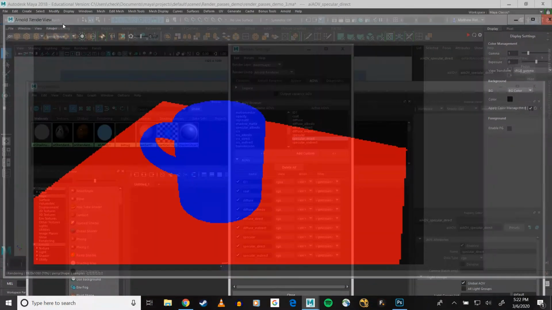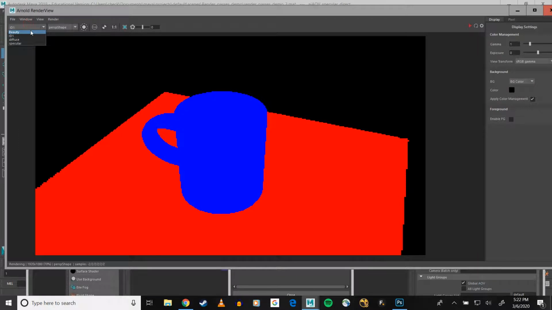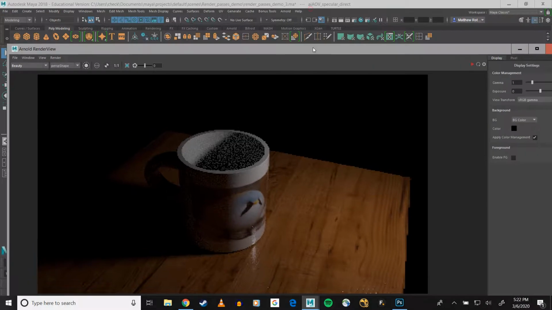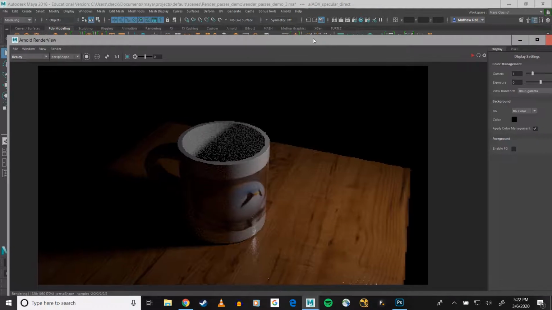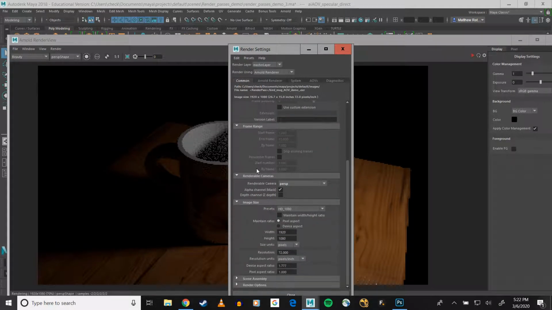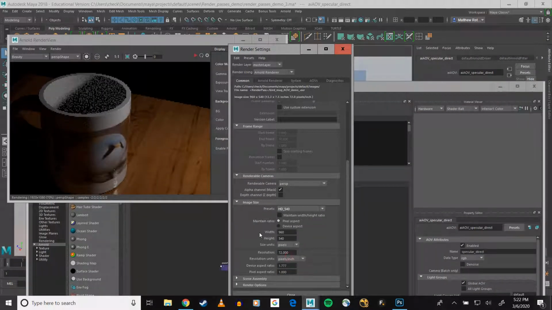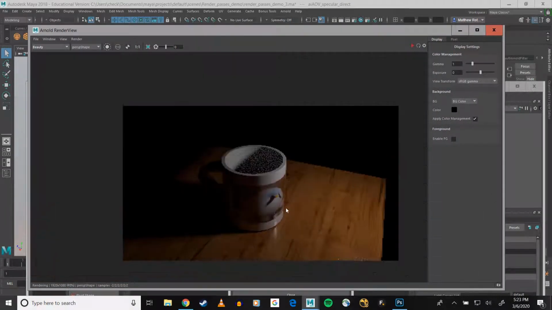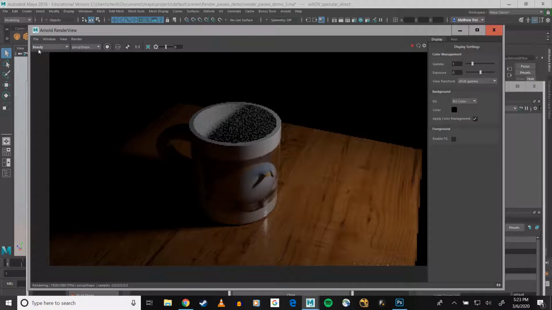So now, as far as getting these passes out of Maya, perhaps I'll lower my resolution for this, because these renders were taking not a long time, but a lot longer than I particularly want to wait. So I'll turn it all the way down to HD 540. But regardless, let's see here. And now as far as getting them out of Maya, which I actually have some previous passes that I could use instead,